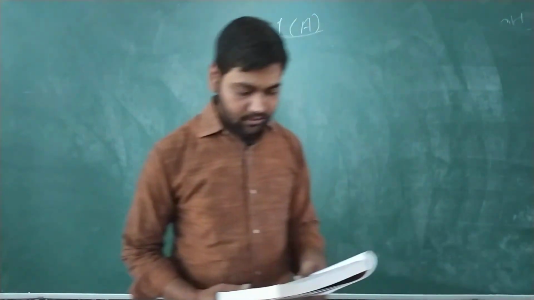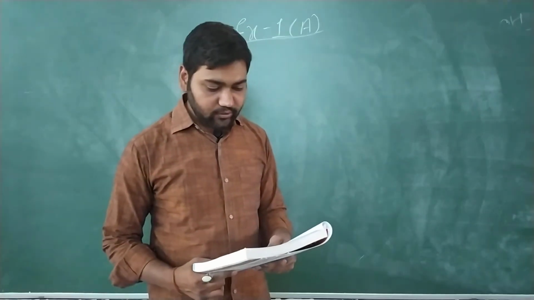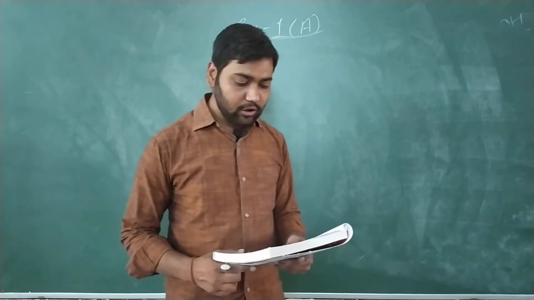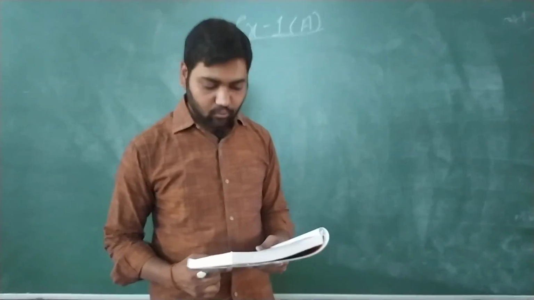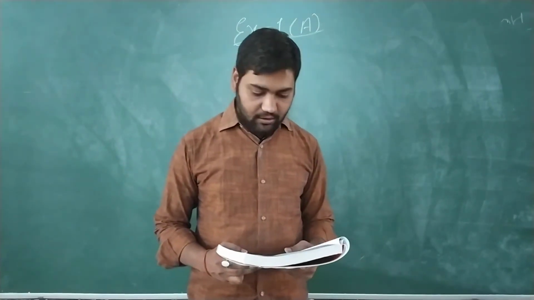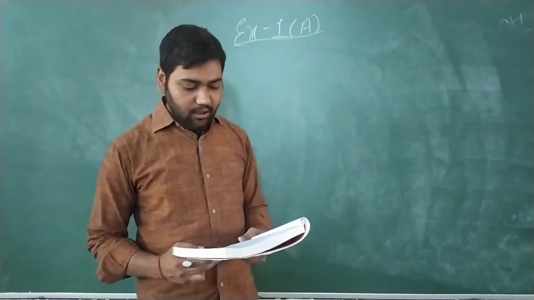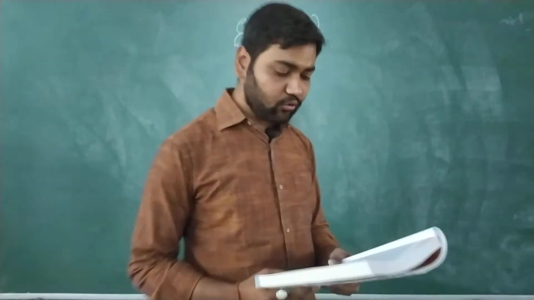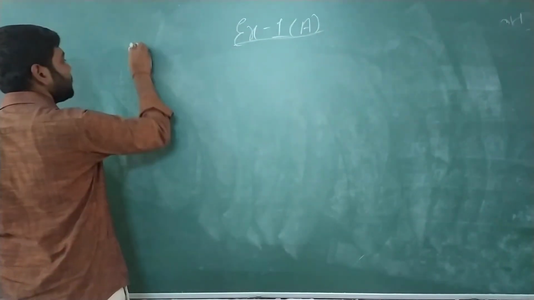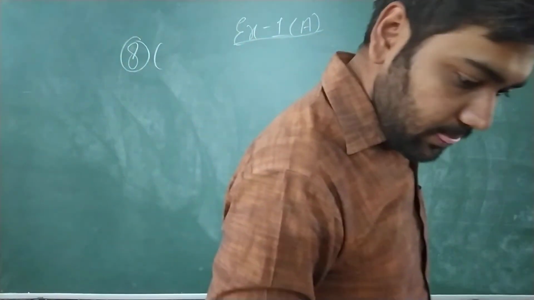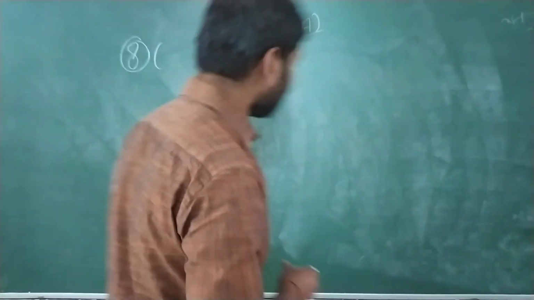Now see, the rest of the questions are the same in question number 4 and question number 5. So hopefully you will solve these questions on your own, and if you have any problem you can ask me in my channel. Okay, now see here, arrange in order from least to greatest, that means ascending or descending. See question number 8, third part.